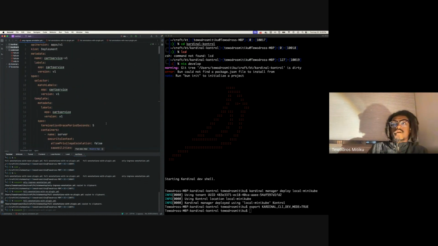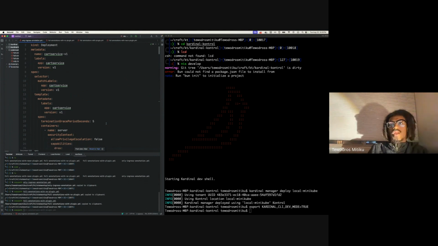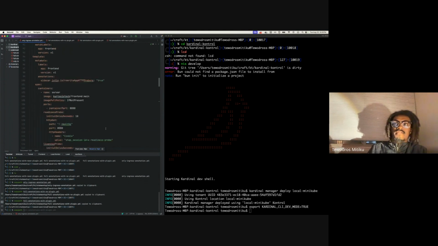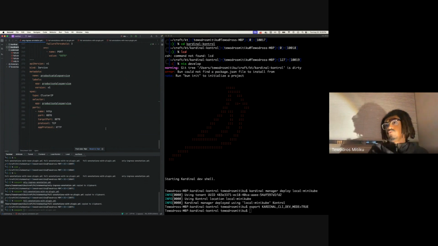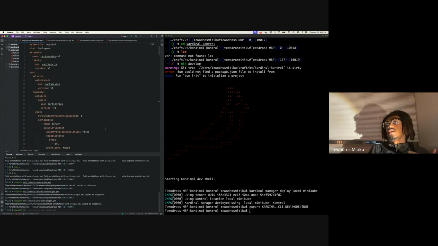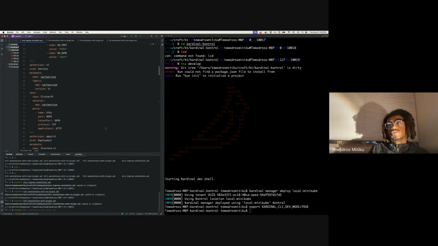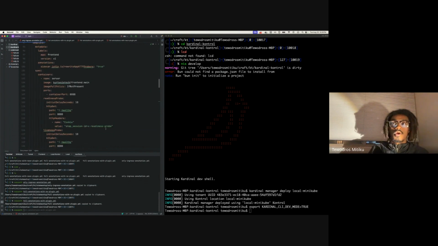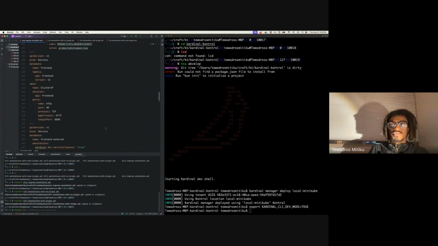And cool. So the first thing that we are going to deploy to our cluster using Kardinal is this Kubernetes application. It's the one that I've been referencing throughout the presentation. It is the Kubernetes manifest for a basic online boutique store application. It's got a front end, a service that manages the cart information, a Postgres database that contains all the information about what's on our cart, and a product catalog service that gives us information about what products are actually in our boutique at any one time.